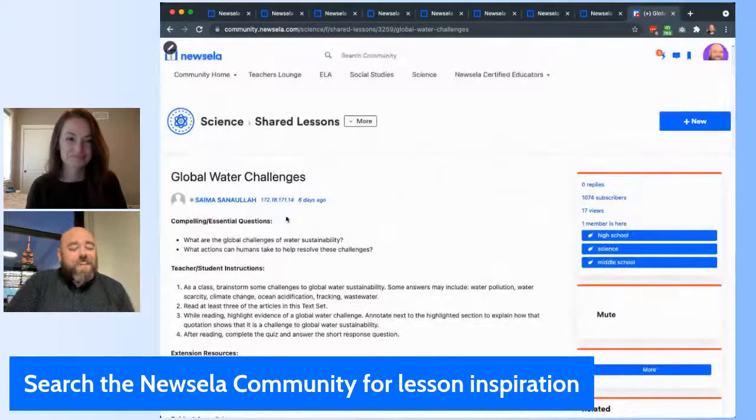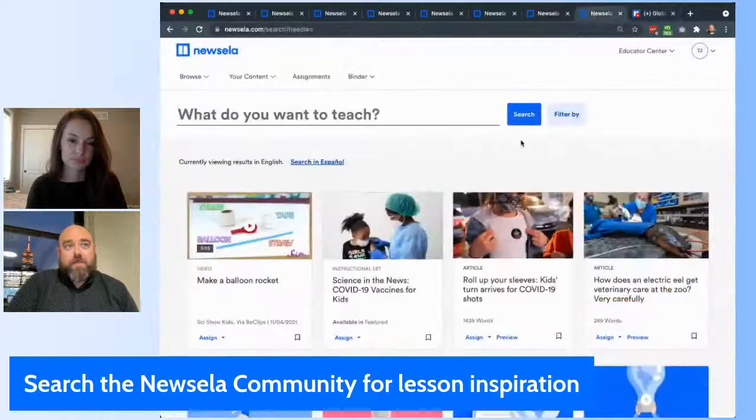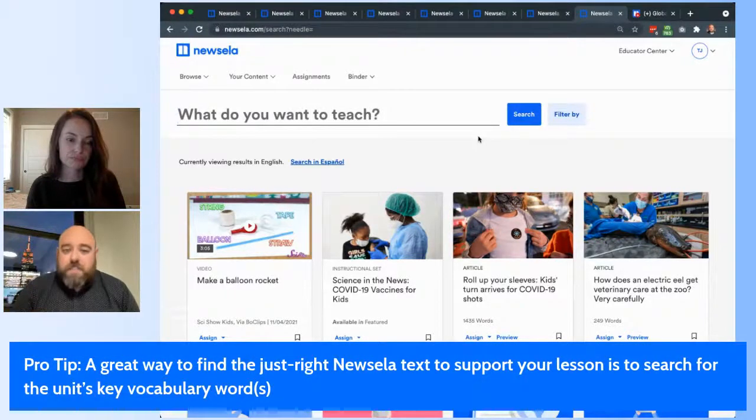I love it. There's a couple other things that a teacher with a free license to Newsela can do, and that is by being very clever and crafty with their search strategy. So I wanted to talk about a couple of search strategies that you could use to use your free Newsela license in a really super curricular way. One of the things that I would recommend is taking a look at those tier 3 vocabulary words, the unit-specific vocab that students need when they're covering a specific unit in a science lesson, and just search for that. So let's say